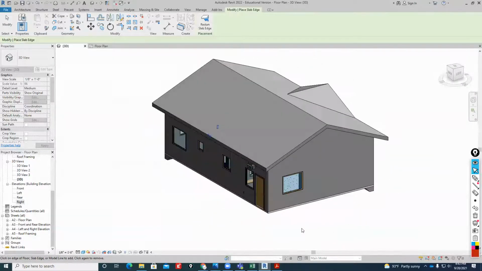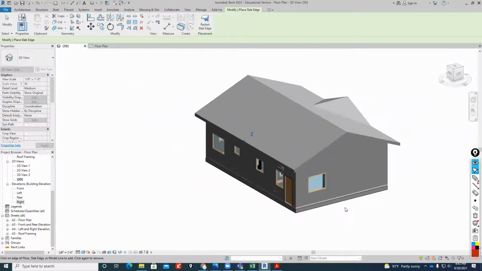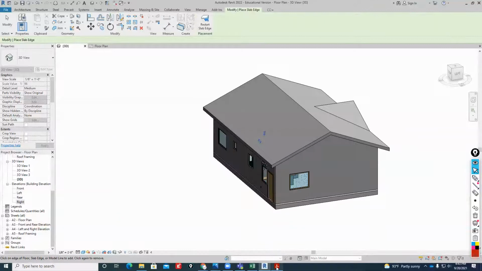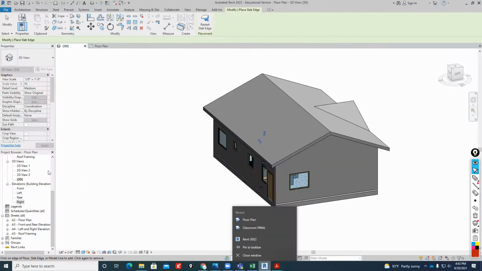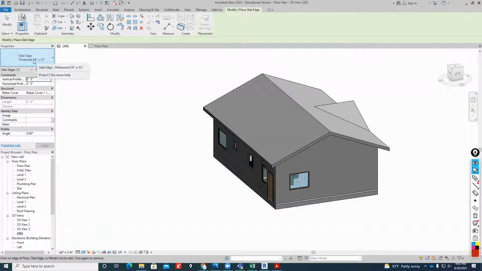I'm not sure if you can do this in any other view, but I usually do these in 3D. The thing though, is this is not the slab edge that I need for my particular footing. I need it to specifically look like this with these sizes. And that's not going to happen in this case. The one that's there now, whenever I go to the slab edge, this one is a type of slab edge